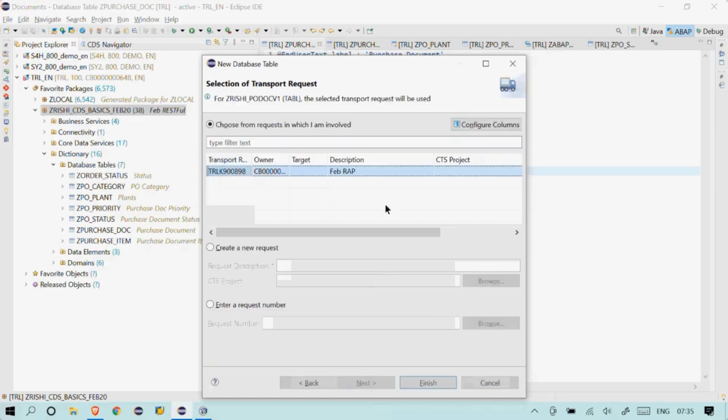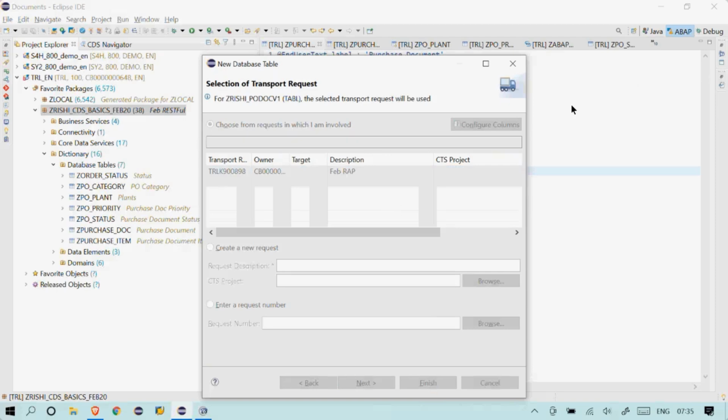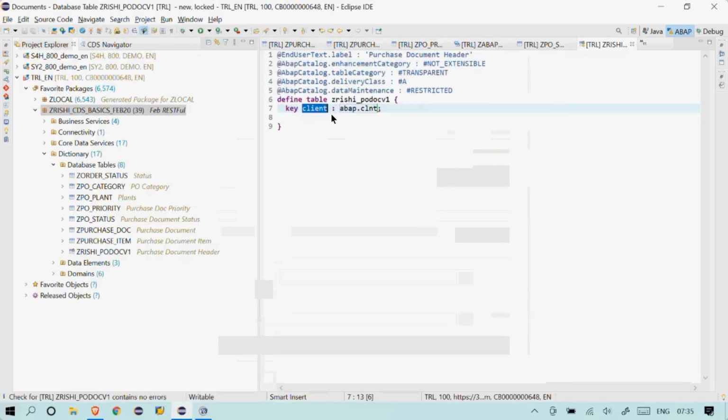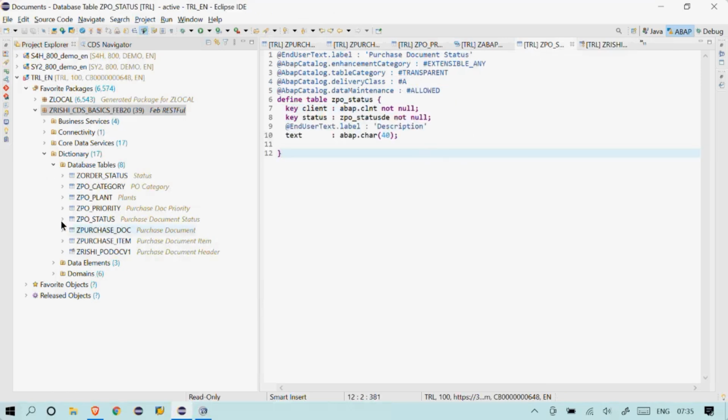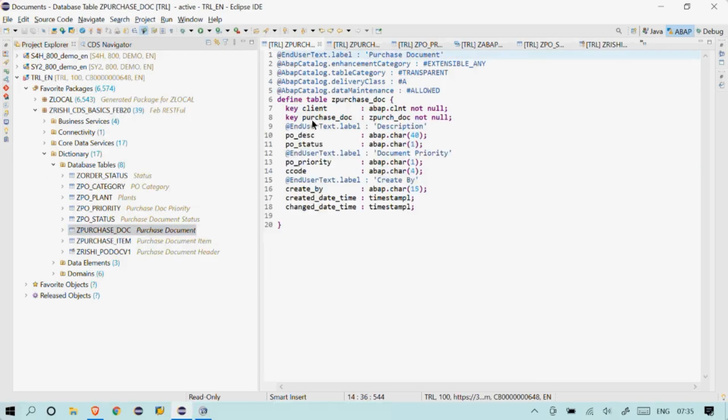Click on next, lock it in your TR, finish. So here, whatever fields you want, you can add along with the data elements. If you look at my table which I have created, purchase doc, I have provided all the elements, and also I have given some labels for this one.